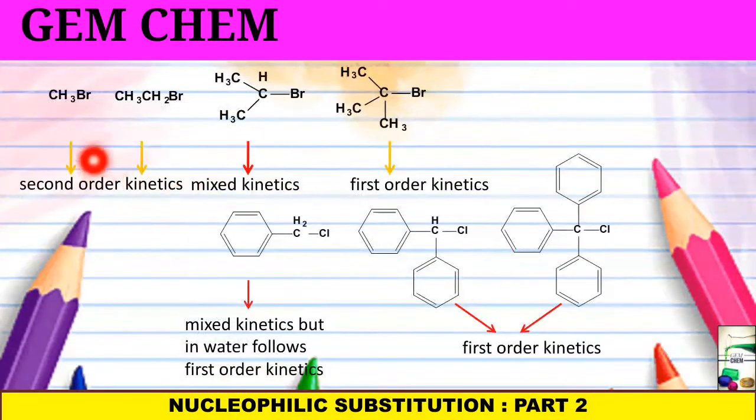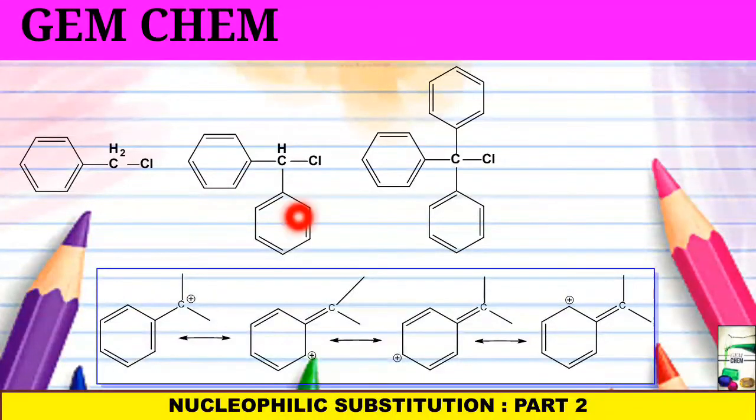If you see here, previously the trend was that the first 2 members were showing second order kinetics, the middle one was showing mixed kinetics, whereas the last one was showing first order kinetics. But the trend in case of phenyl rings has completely changed. Why is this so? Because higher stabilization of the benzylic carbocation through resonance is being observed. See here, the resonance results in formation of a more stable carbocation. As a result, the phenyl group is bulkier than the methyl group, and SN2 becomes increasingly less favorable on moving from left to right, and thus we get such a trend.